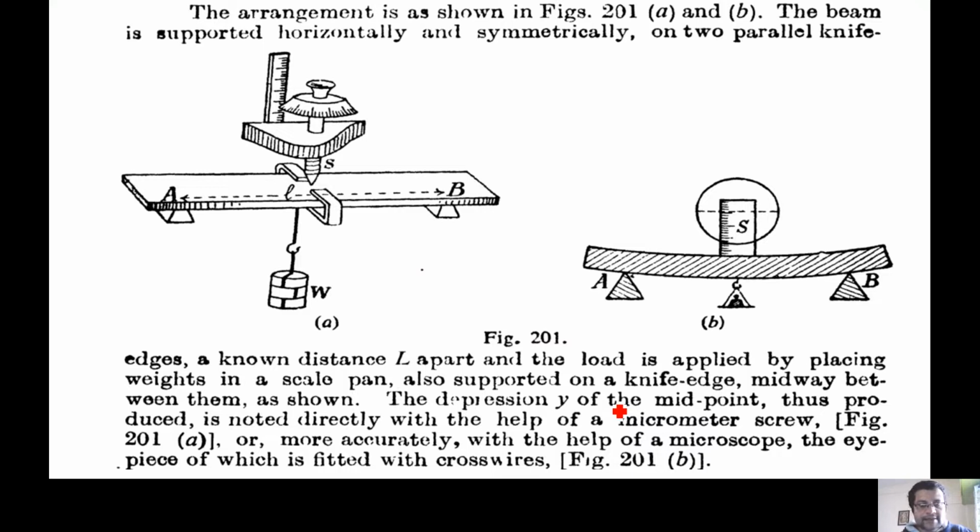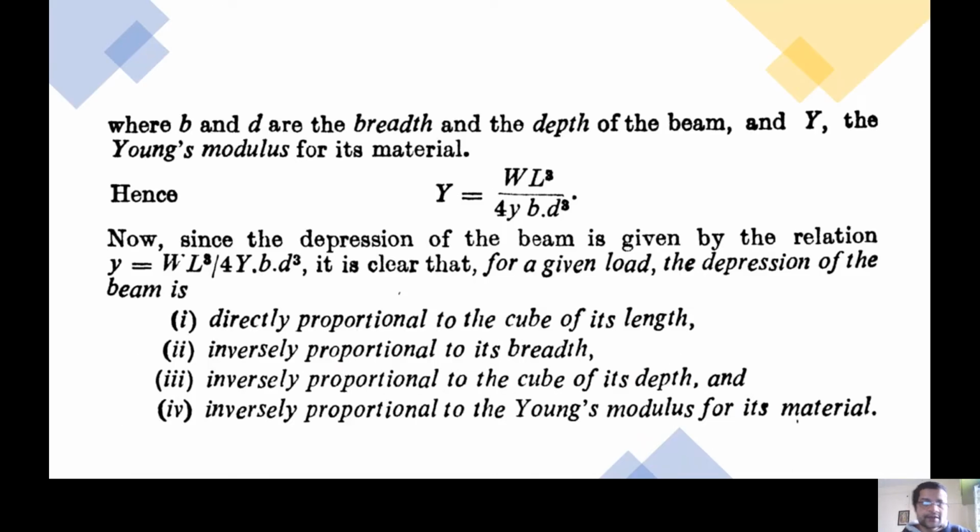Possibly we can plan some demonstration. If the situation is normal, we can try to do these practicals in the laboratory, and at that time you people can easily understand what exactly this y by bending is. But this is the same expression you are going to use in this particular experiment. So what I'm talking about, this y by bending, is the Young's modulus of the material of the beam,